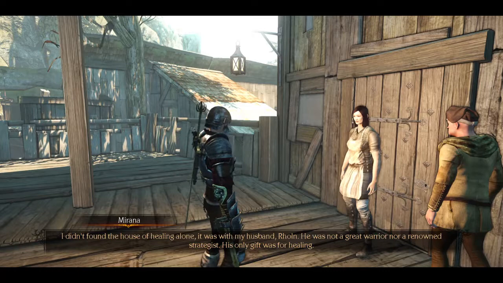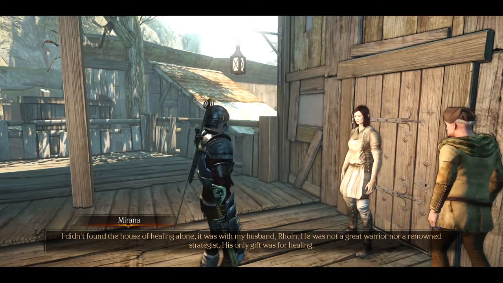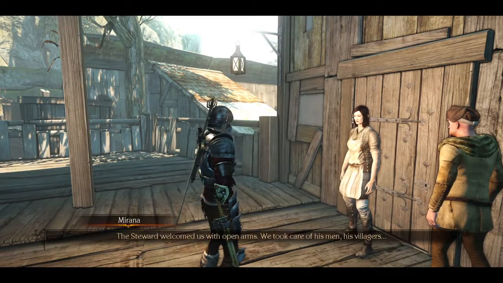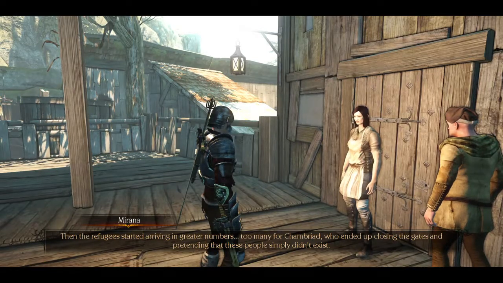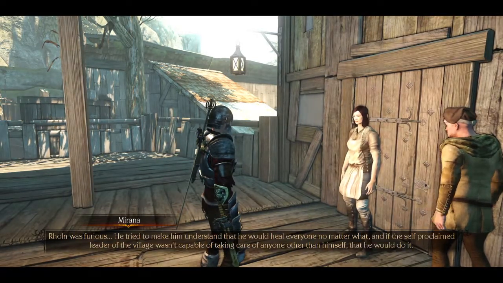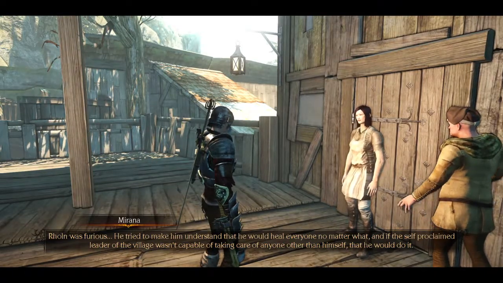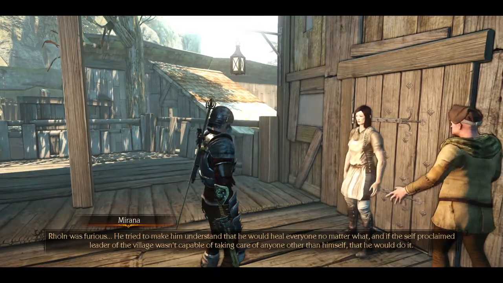I didn't found the House of Healing alone. It was with my husband, Roan. He was my teacher before becoming my husband. The steward welcomed us with open arms. Then the refugees started arriving in greater numbers. Too many for Chambriard. Roan was furious. He tried to make him understand that he would heal everyone, no matter what. And if the self-proclaimed leader of the village wasn't capable of taking care of any...